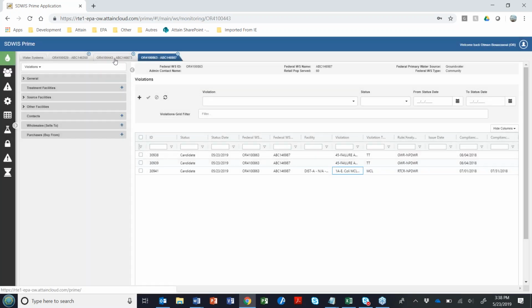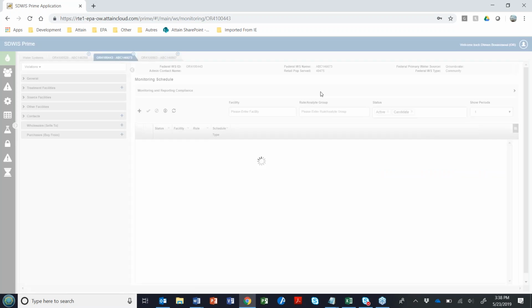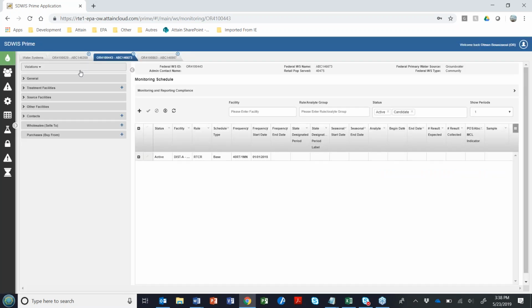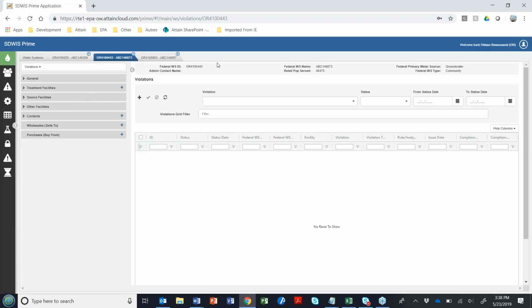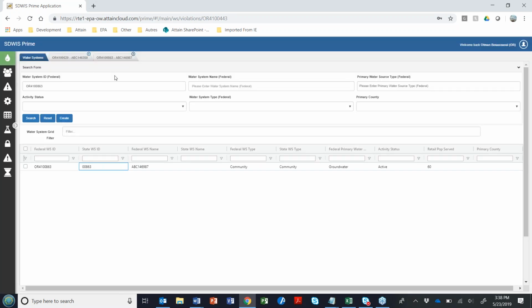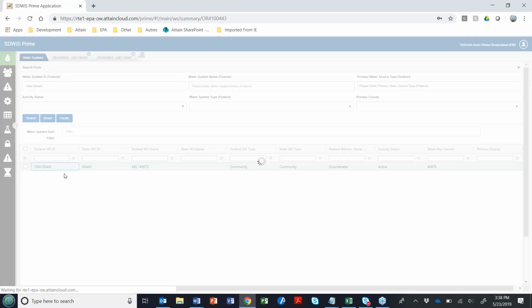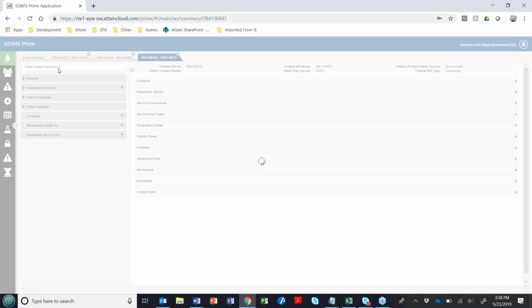Let's look at water system number 3. Remember, this is the large one. Let's see if we can look at that violation again. You want to close the tab of that water system, look for it again, open the tab again, and then navigate to violations, and you should see the violation at that point.